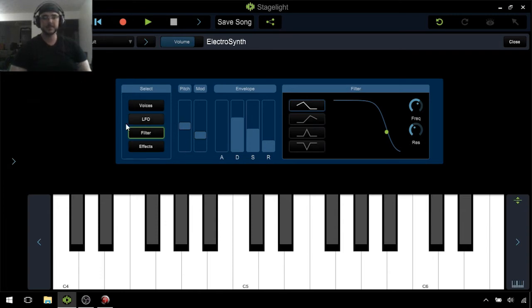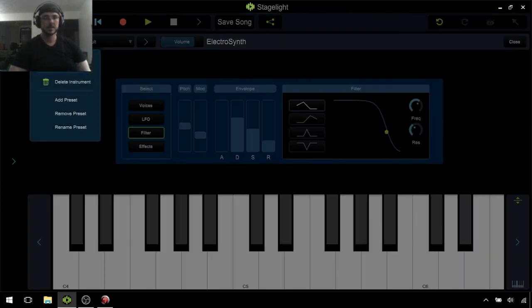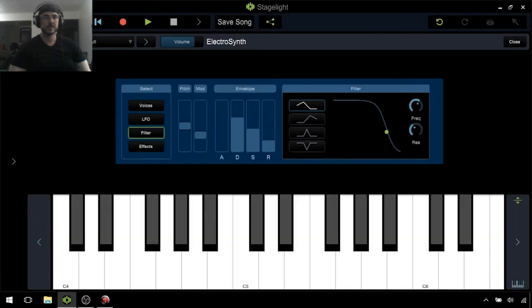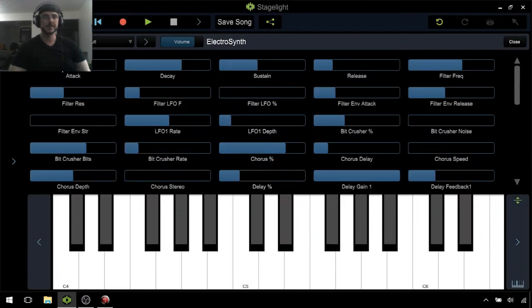And in here, if you click this icon here and go to show parameters, these are generally locked by default unless you purchase the instrument in question. But in here you can kind of mess with everything. So the cool thing with Stagelight that I like is the fact that you can use the QWERTY keyboard that you type with to play notes. Obviously you still have the keyboard there, but